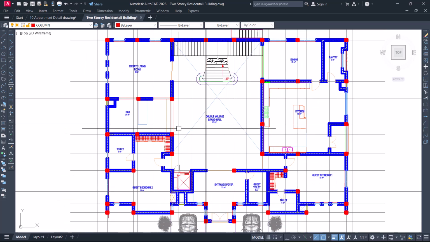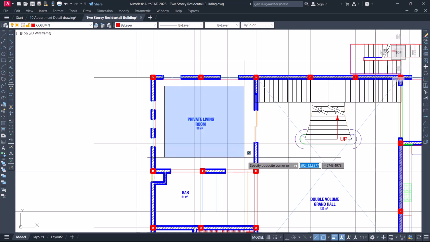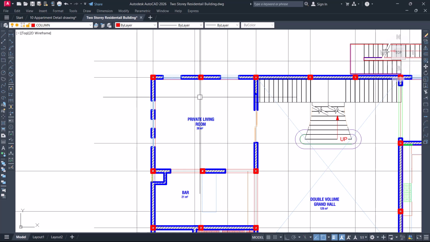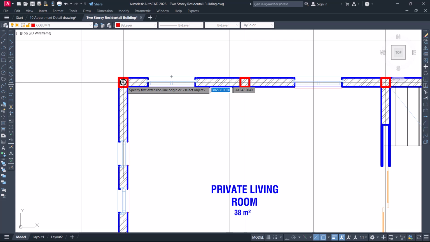So let us look at the paneling now. This panel here seems to be too big. So right now we will divide it because it's too big. For example, now for paneling, the area of a panel